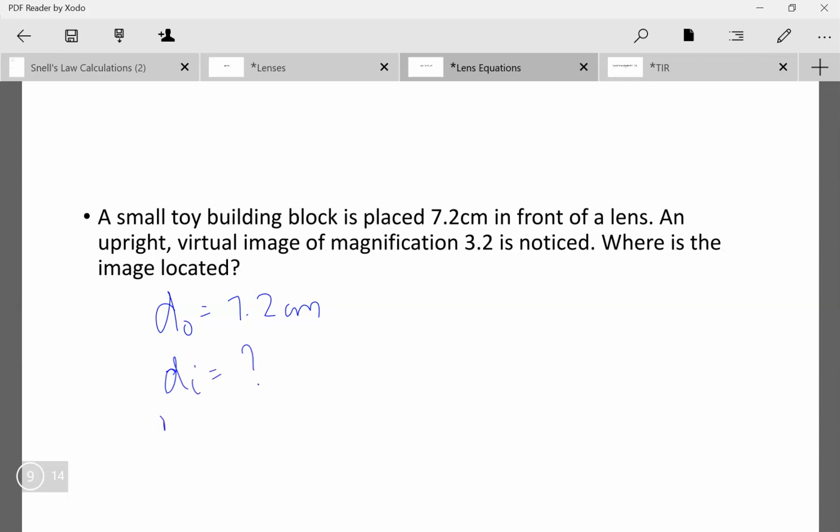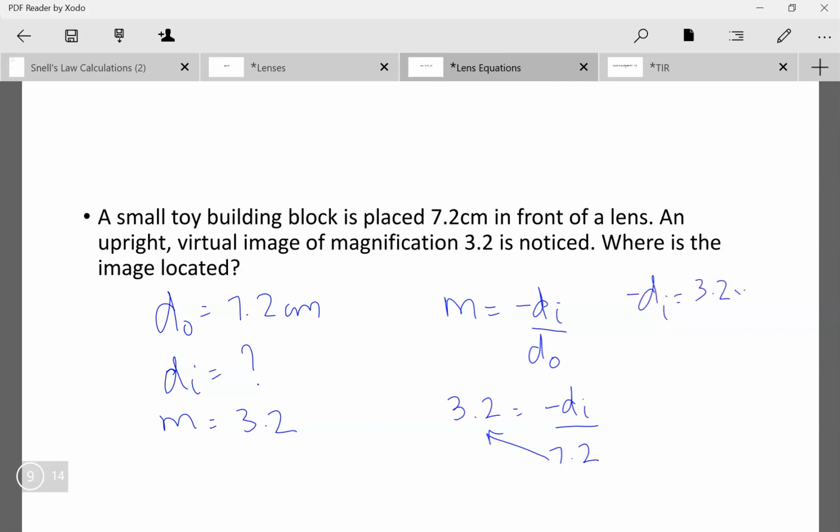DI is what I have to find. Magnification is what I'm given, 3.2. So again, I'm going to use this formula. Magnification is negative DI divided by DO. So I'm going to put some numbers in. 3.2 equals negative DI divided by 7.2. So again, I'm going to take this up to the top. So negative DI equals 3.2 times 7.2, which is equal to